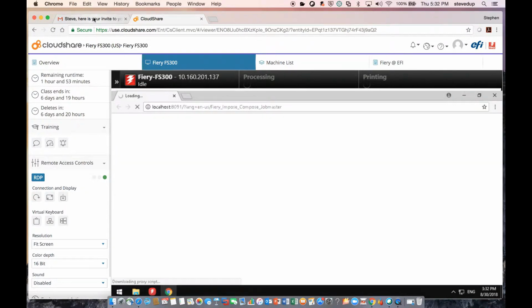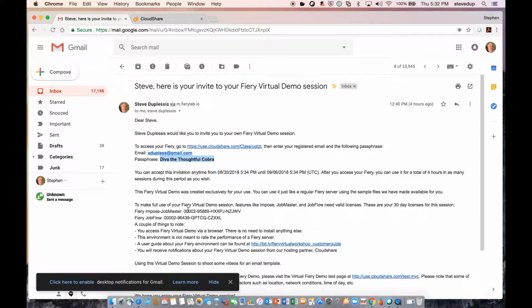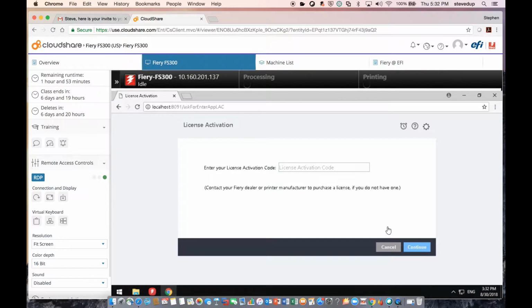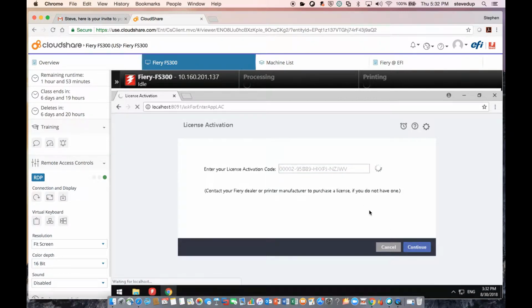And I'm going to go back to my email because in my email I also receive 2 license activation keys. First one is Impose Job Master and the second one is Job Flow. But I'm going to use that Impose Job Master key and I'm going to paste it into that area and hit continue. And when I hit continue, the first thing it's going to do is see if that license activation key is ready for activation. I know it is because I haven't used it before, so it's going to come back and say it's ready